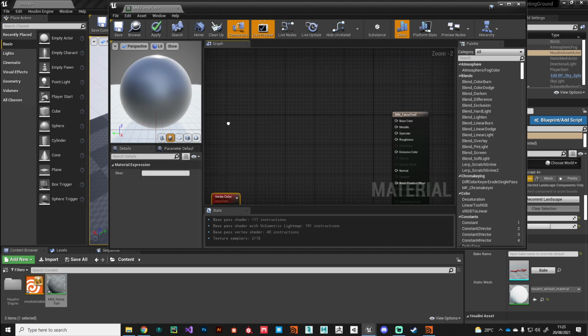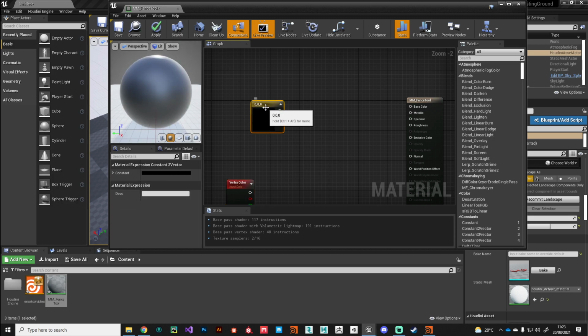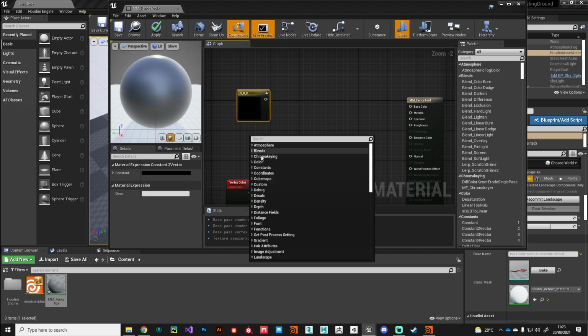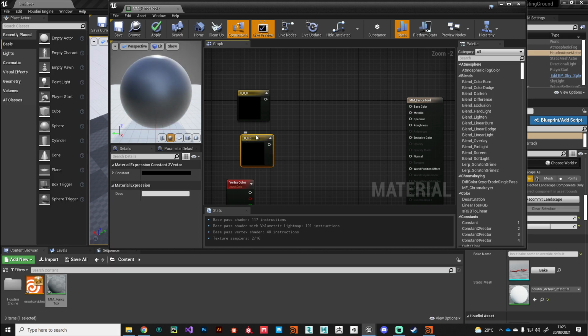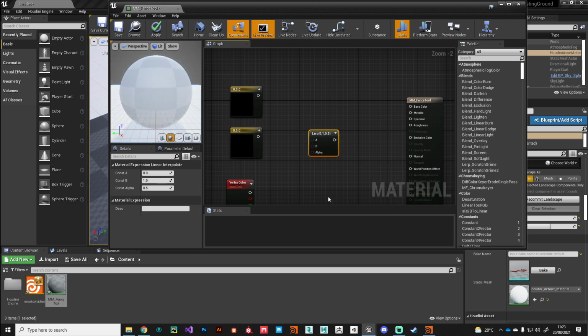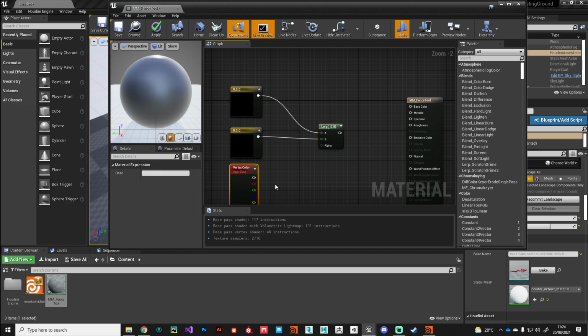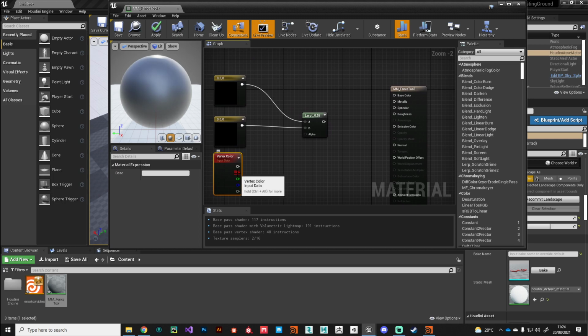And then I guess we could put down some vector 3s. So we'll have 2 of them. So I'm just holding down 3 and left clicking on the canvas there to put down 2 vector 3 parameters, a constant color if you like. And then we can put down a linear interpolate, which is essentially just going to blend between these 2 inputs based on a value. So the value we want is, well, we know because we've designed it, is our red